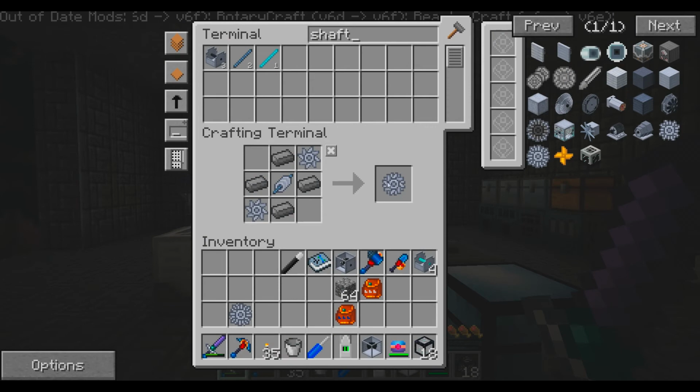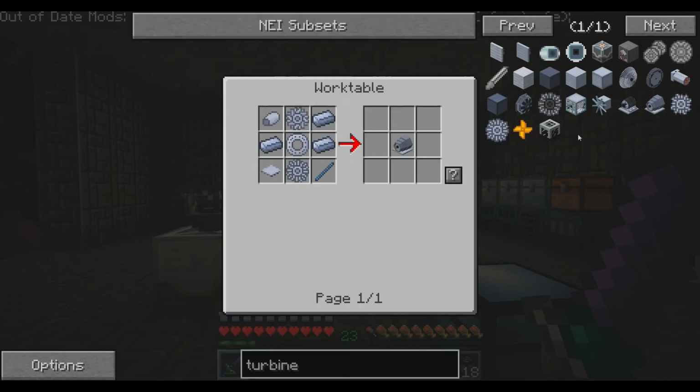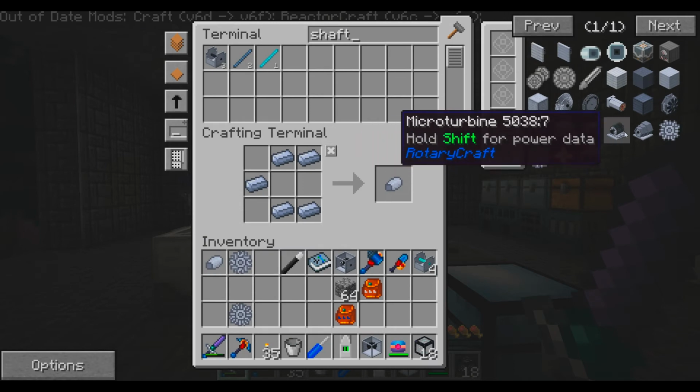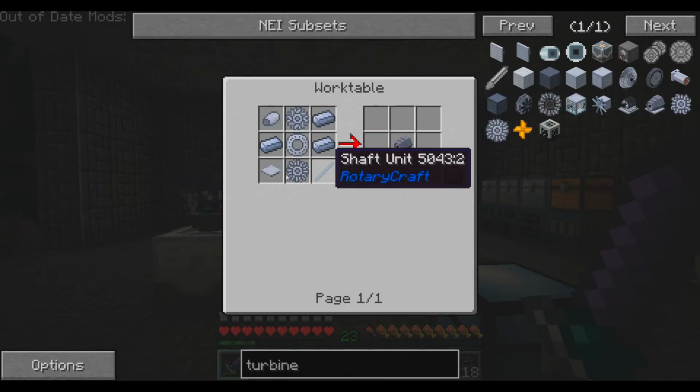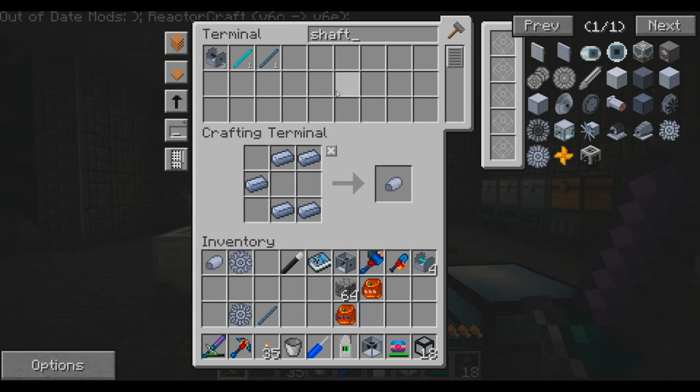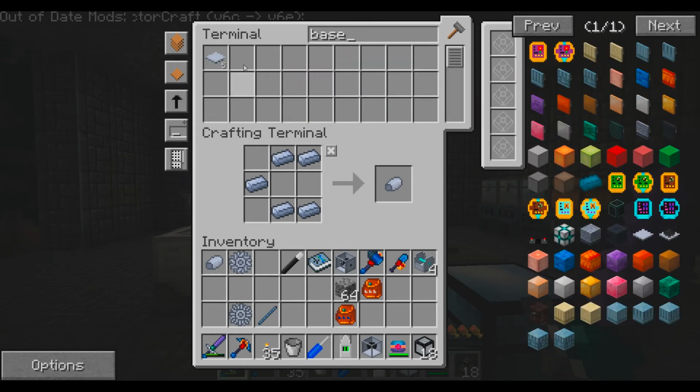And that gets us the compound compressor, right? Right. We need a diffuser. And then we need a shaft unit and a base panel. Okay, so a shaft unit, a base panel,